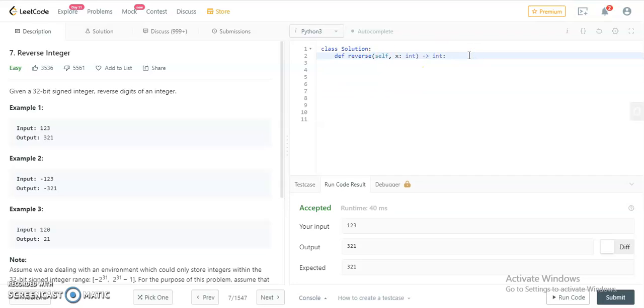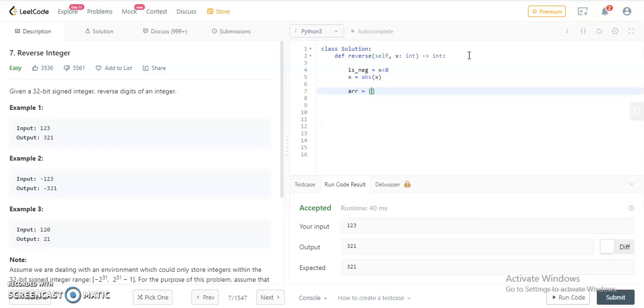Now we'll try to solve this problem. First things first, we're going to check if the integer we got is negative or not. For that, I write a basic statement, and then I change x by taking its absolute value.